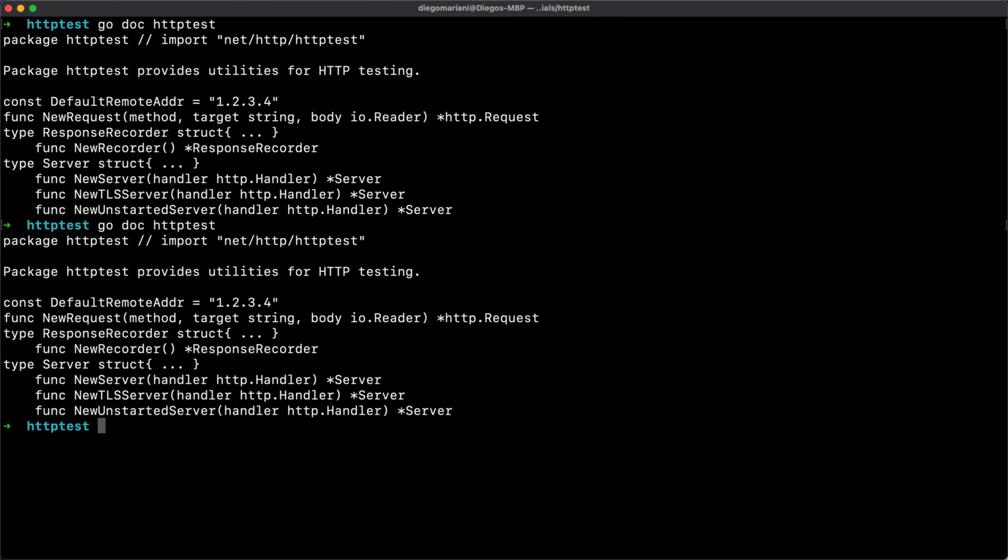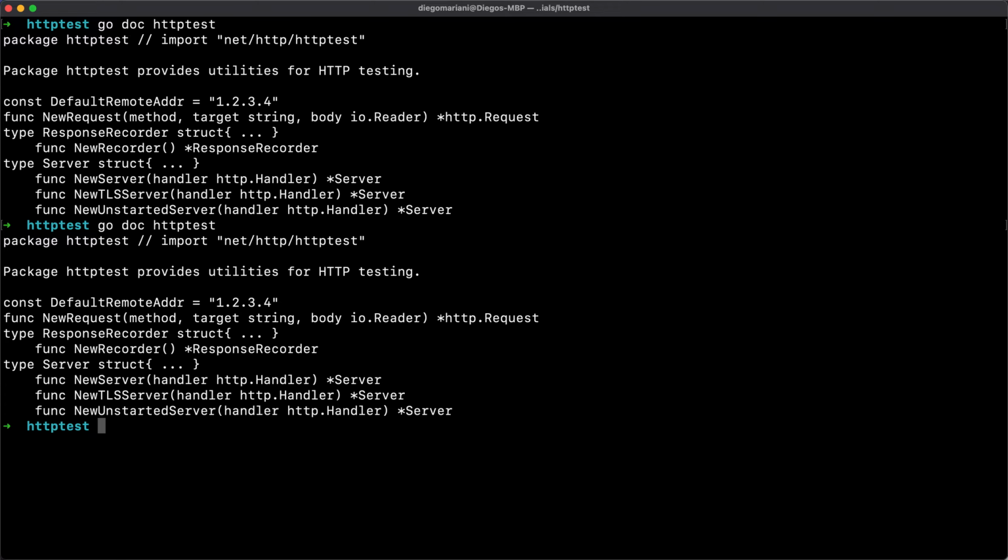Today we're going to see a couple of examples because these two types are used within two different specific examples. The first example is a server code, the Go server, and we are going to use the response recorder to test that server. We are going to pass that into an HTTP handler. And the second example is going to be a client example. It's going to be like an SDK.